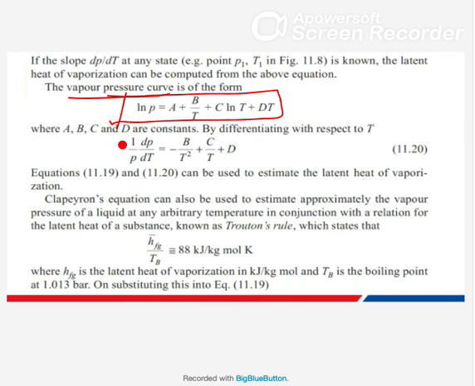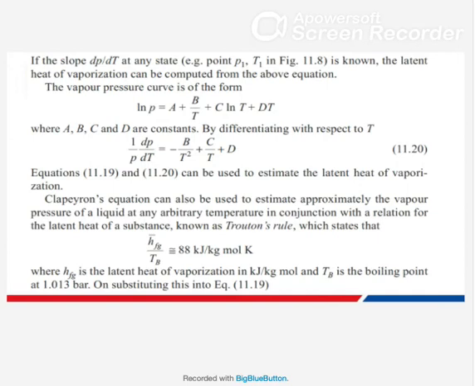Now, if you differentiate this one, you can calculate dP by dT. So you have b, T and other terms. You can calculate the 1 by P dP by dT value with the help of temperature only. So if you know the temperature, you can calculate the slope with this equation. But for this, you should know the constants b, c, d. If they give them, then only you can calculate. But they do not ask these things. Just for your knowledge, and as this is the last topic, continuity should be maintained, so I am telling you. If you know this dP dT, you can calculate your latent heat of vaporization.